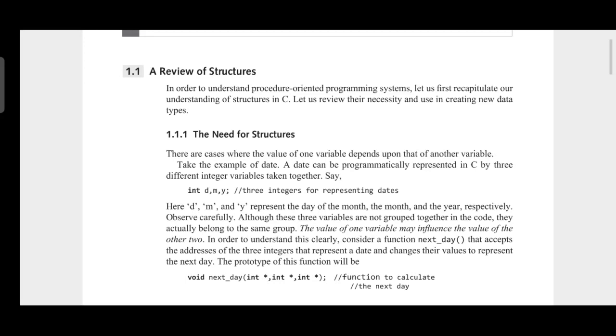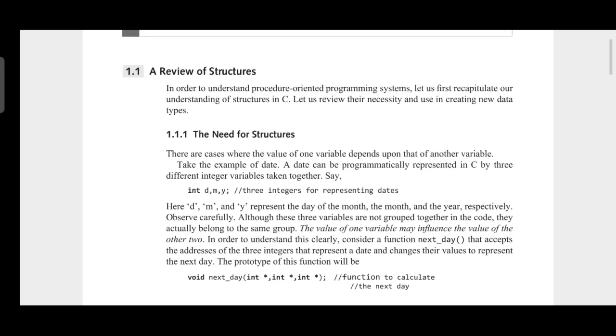Since I have taken that example, I am referring to student only. So it would be good if you take a structure, and all the details related to a particular student will be stored in a particular structure, right? For example, student name, roll number, then marks scored, or average marks. So marks scored in different subjects and average marks in different subjects. The entire thing can be stored under a common structure. That is one of the basic advantages of having a structure.